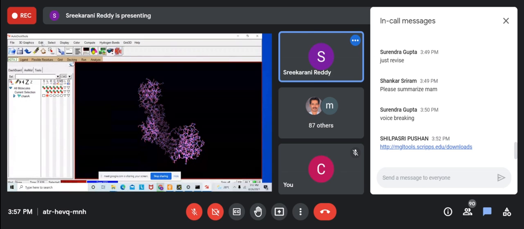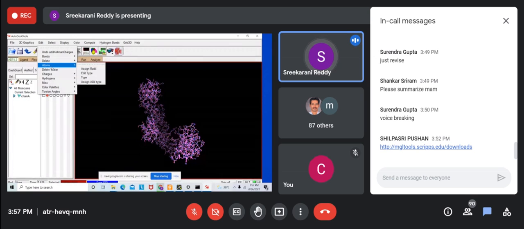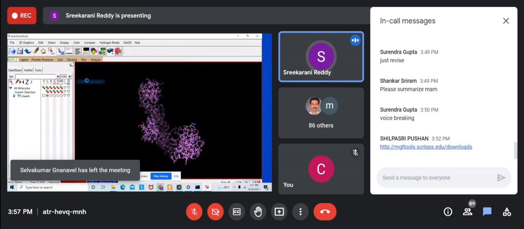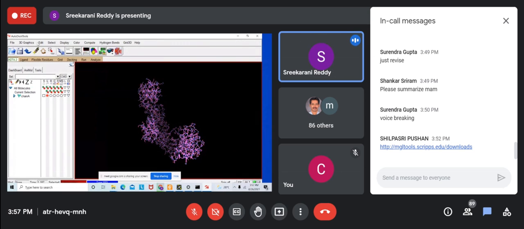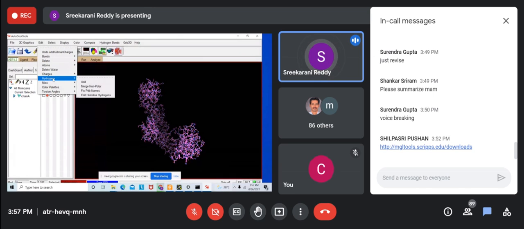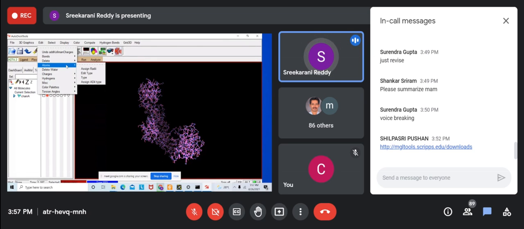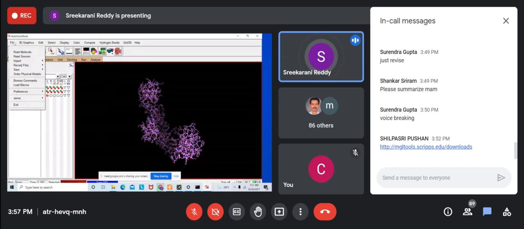Okay. Now Edit. Now I am going to assign the AD4 type. AD4 type is nothing but AutoDock 4 type, where for a particular software you need to assign some parameters so that the program will run for a particular docking set. So I assign AD4 type. Now it's done. So these are the things we have to do: first add hydrogens, add polar only, and add charges, Kollman charges, and assign AD4 type. Till here, after that, we go File, Save, Write PDBQT.